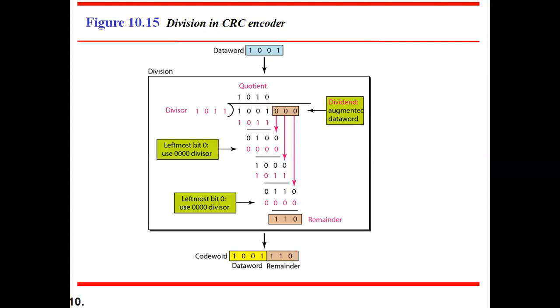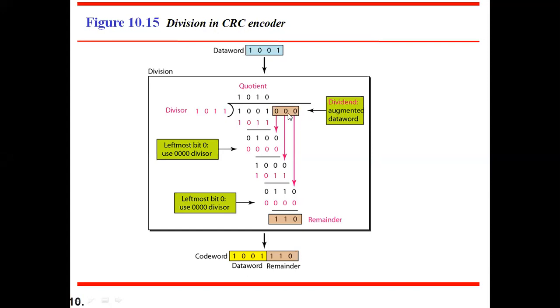Okay, in the exam also, most of the time he will not ask theory, he will give a problem only. Even if he asks a theory question, you should be able to explain the same with the help of one example, whatever you feel comfortable. But in most of the cases, he will give a problem, he will give only the data word and the divisor. Once he gives that, you need to calculate the augmented number of zeros. That will be calculated based on n minus 1. That is, if it is 4, then 3 zeros will be added. If it is 5, then 4 zeros will be added. If it is 6, 5 zeros will be added.